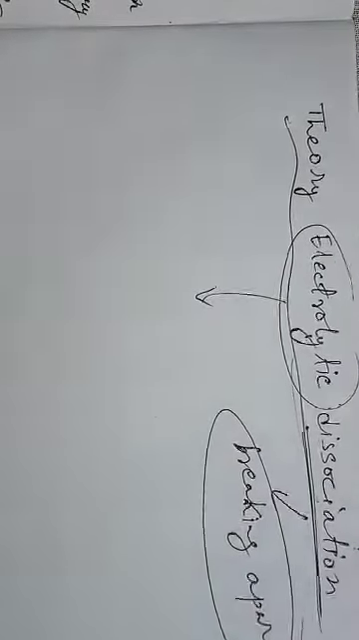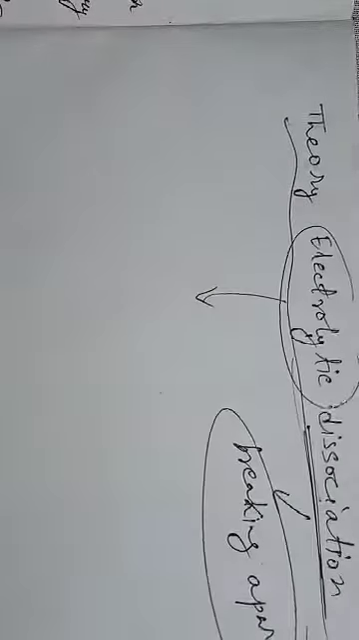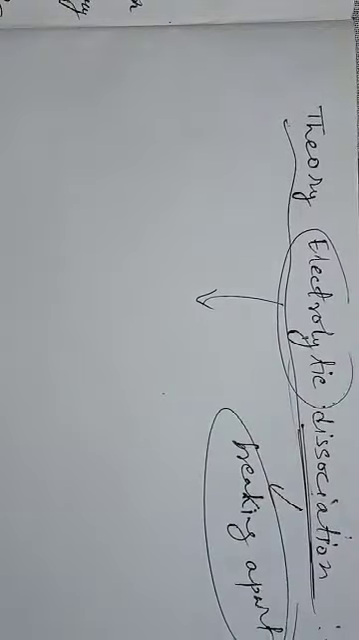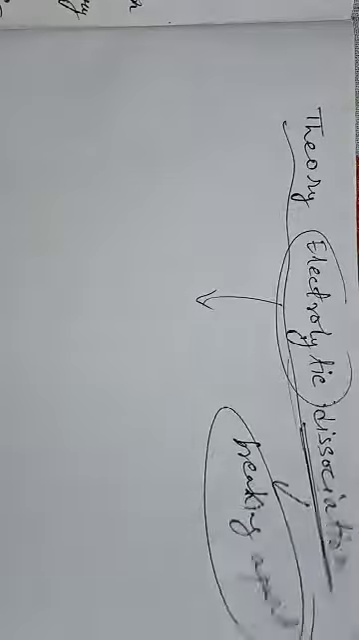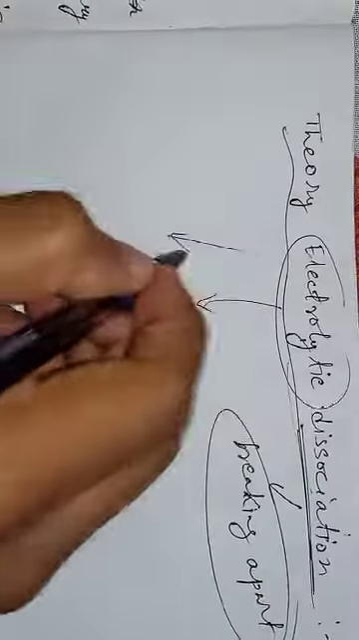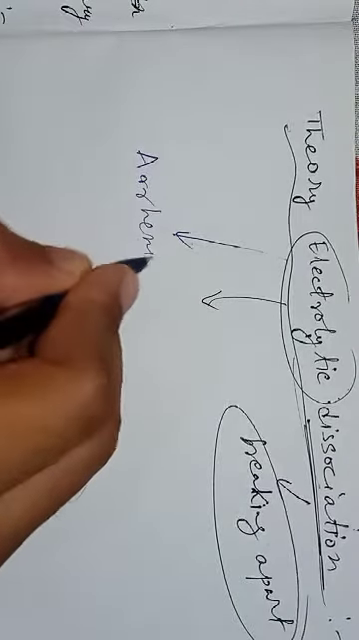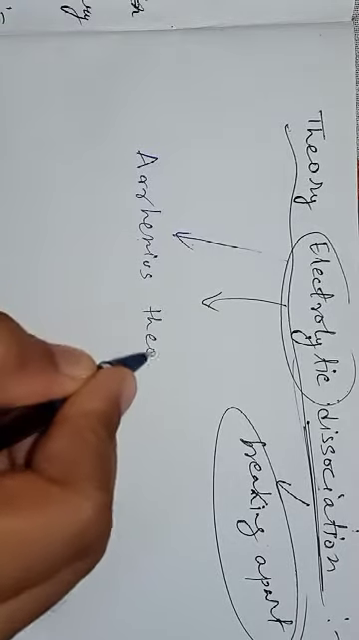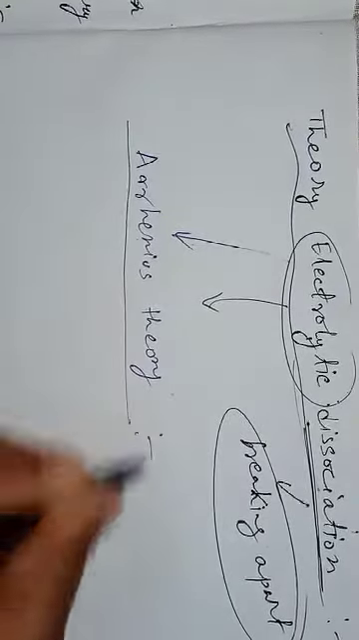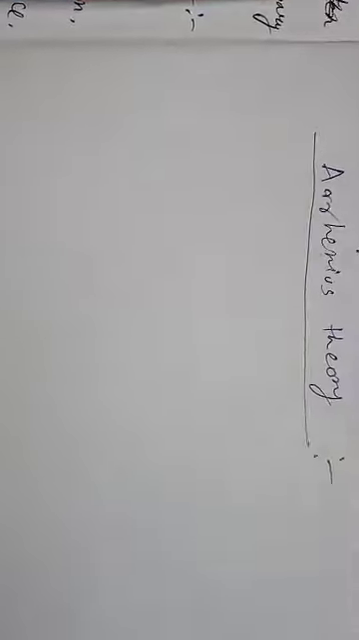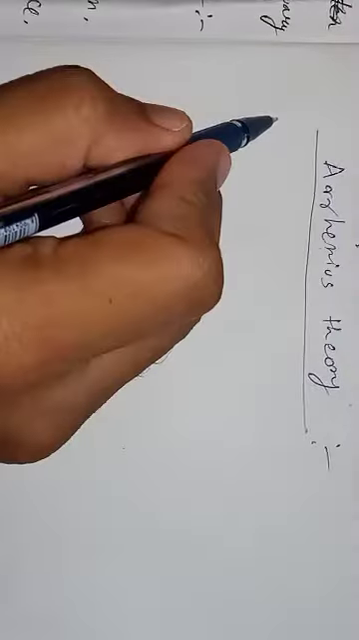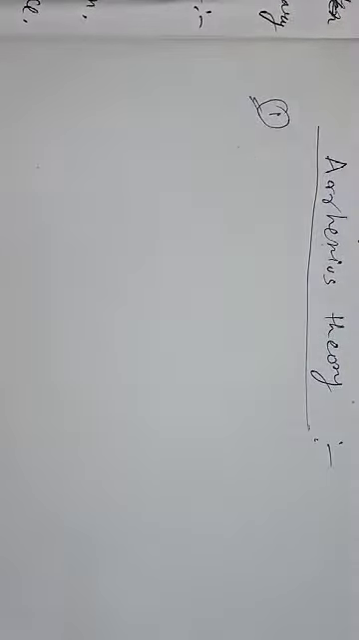So the theory of electrolytic dissociation was given by the chemist Arrhenius. This is also known as Arrhenius theory. Now let us try to understand what Arrhenius said. Okay, the first point of Arrhenius theory is